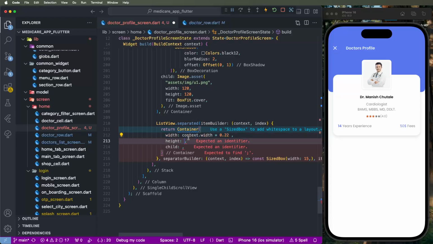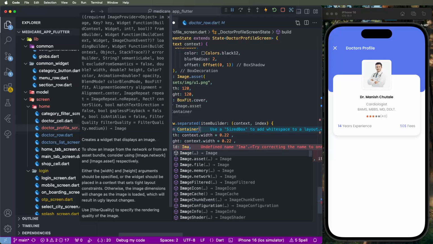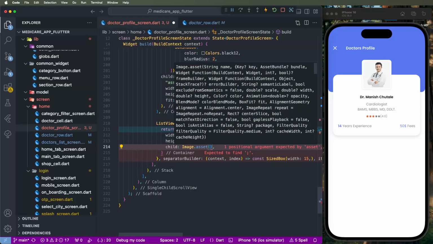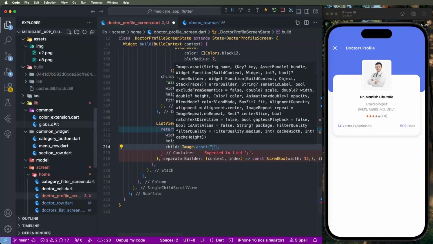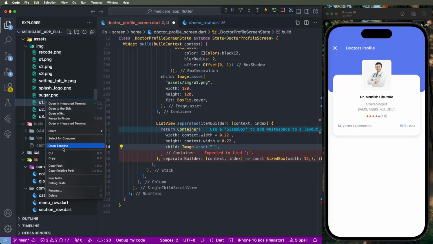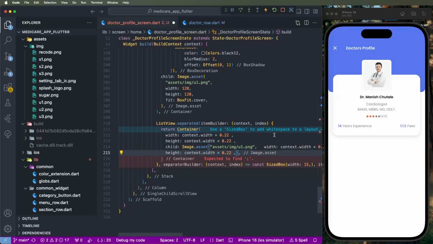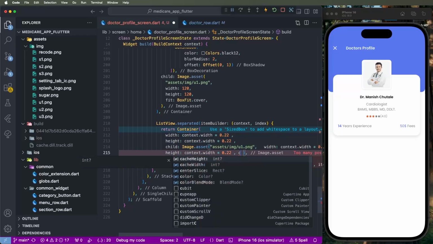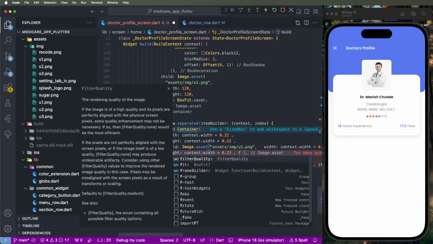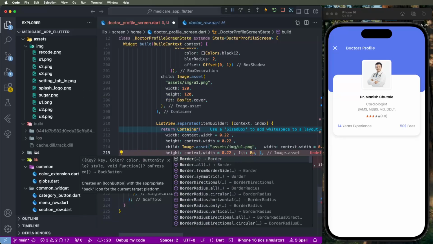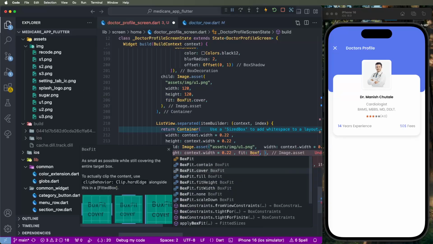Again copy, give the height, and set the image assets, give the user1 image, copy relative path, paste this here, and we need to set the height and width again, paste this, set the fit box fit cover,